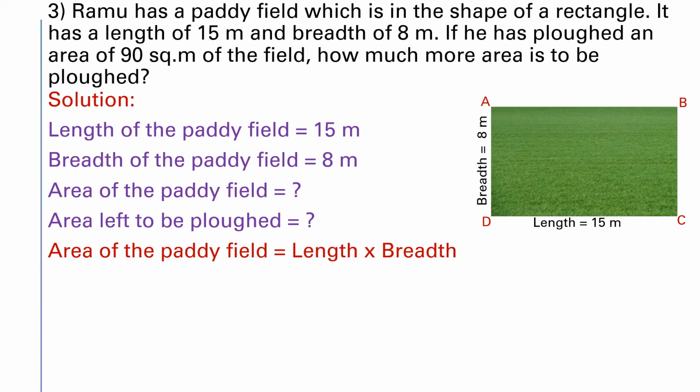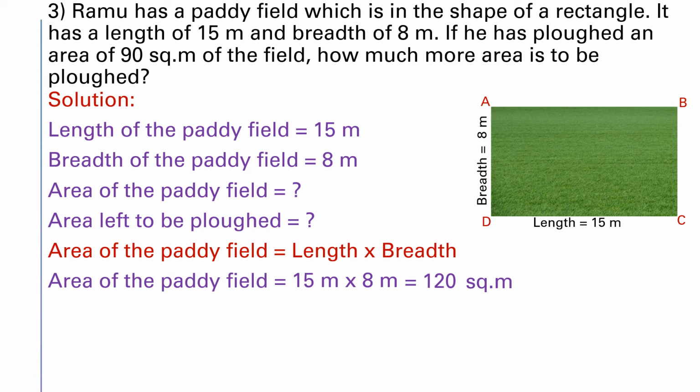We know that area of the paddy field is equal to length multiplied by breadth. Now put the value: 15 meters multiplied by 8 meters. Now do the multiplication. 15 8s are 120 and meter multiplied by meter we get square meter. So area of the paddy field is equal to 120 square meter. See,